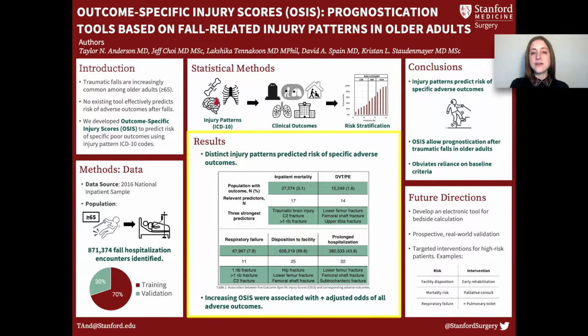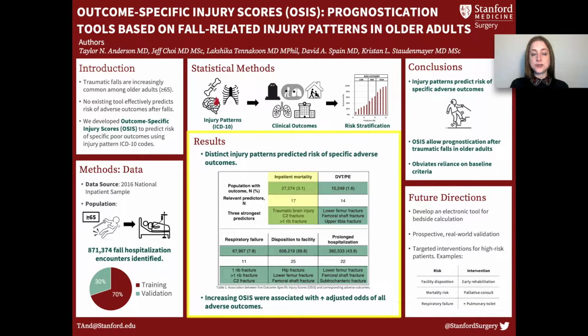For each of the 5 outcomes of interest, we were able to identify a unique subset of predictors ranging from 11 to 25 significant associations. Table 1 shows the overall number of encounters, number of injury patterns with significant association, and 3 strongest predictors for each outcome. For example, traumatic brain injury, C2 fracture, and greater than 1 rib fracture held the most weight in